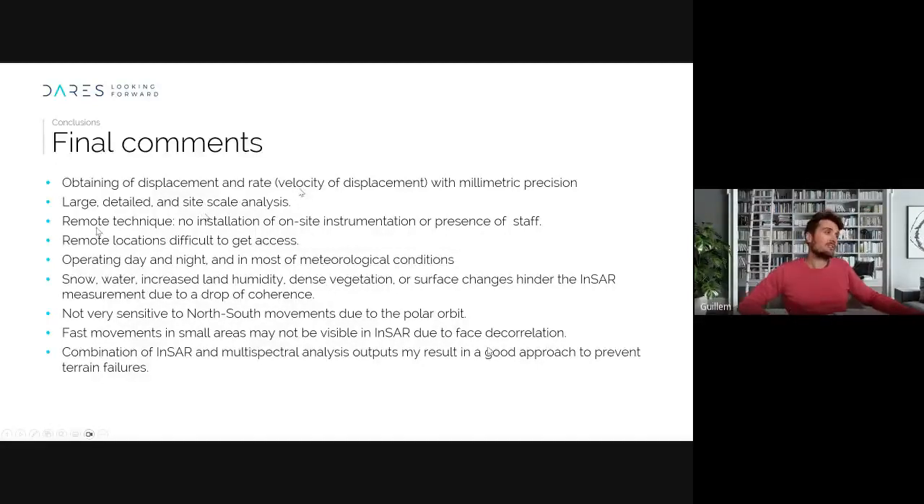We always mention that InSAR does not appear to be a substitute for any other monitoring technique, but is a complement. You can perform large-scale analysis or detailed analysis or site-scale analysis, but at a certain time, I'm pretty sure you will need the help, the support of other monitoring techniques, because